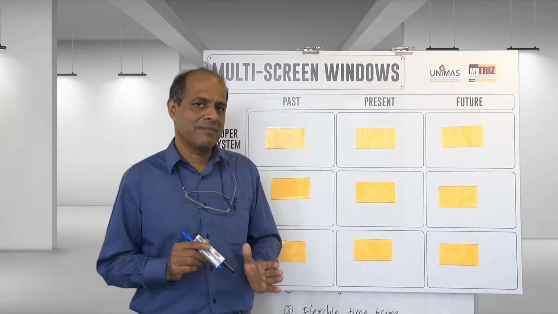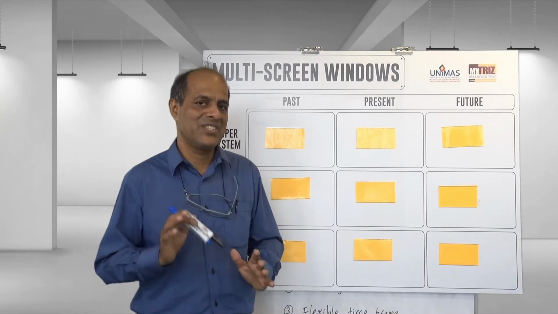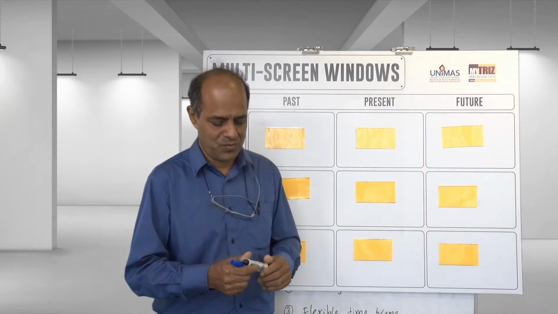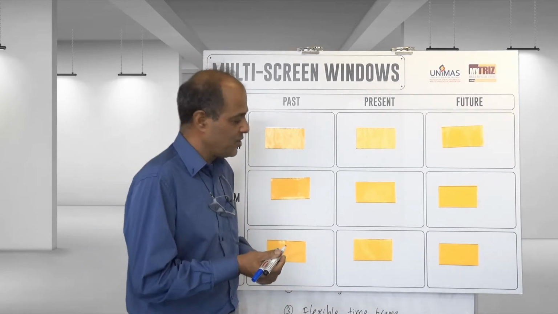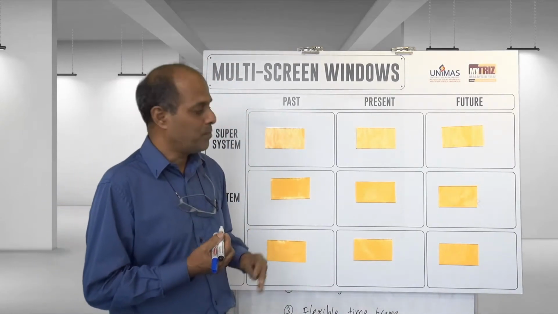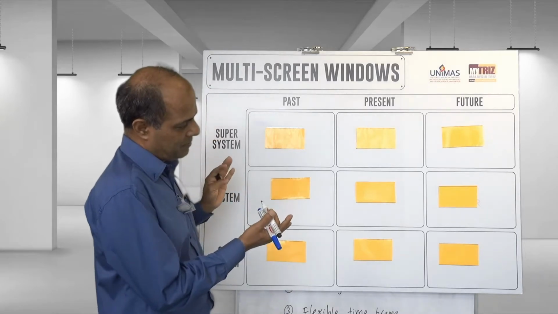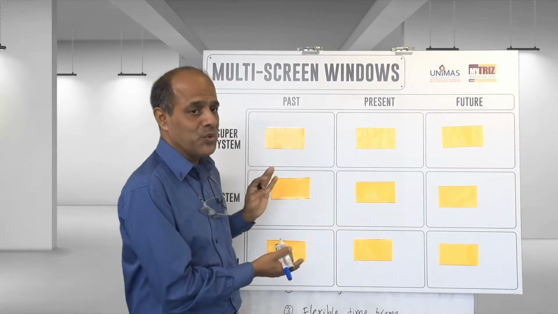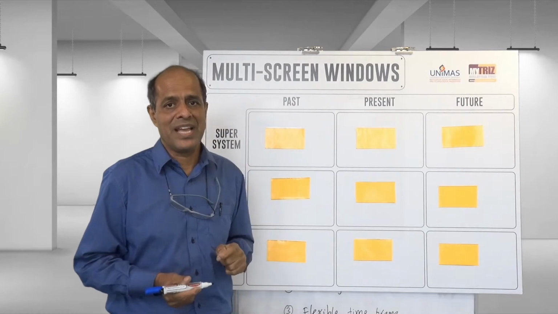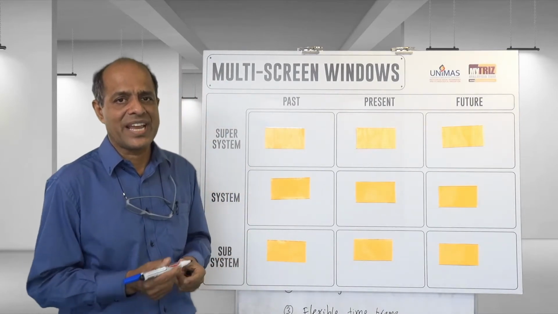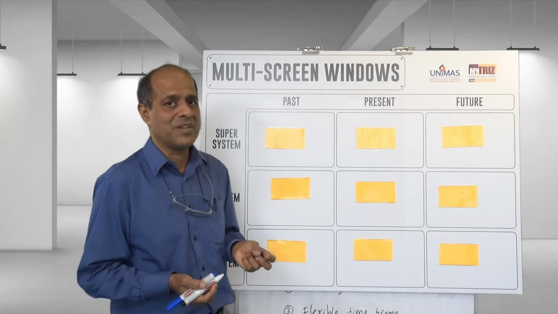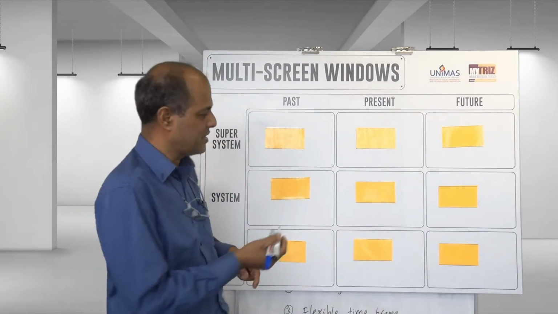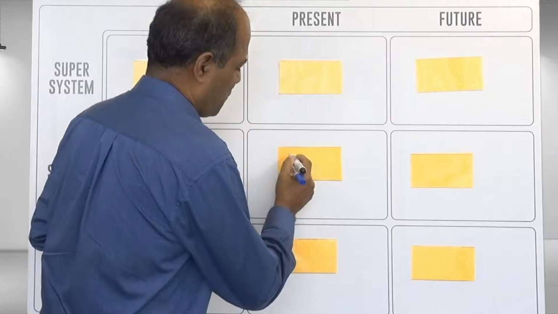Let us look at multi-screen thinking, which is a very widely used TRIZ tool, right? So multi-screen thinking provides a multifaceted view of an engineering system. And let us just take an example, the postal system, right? So if we look at the postal system, right,